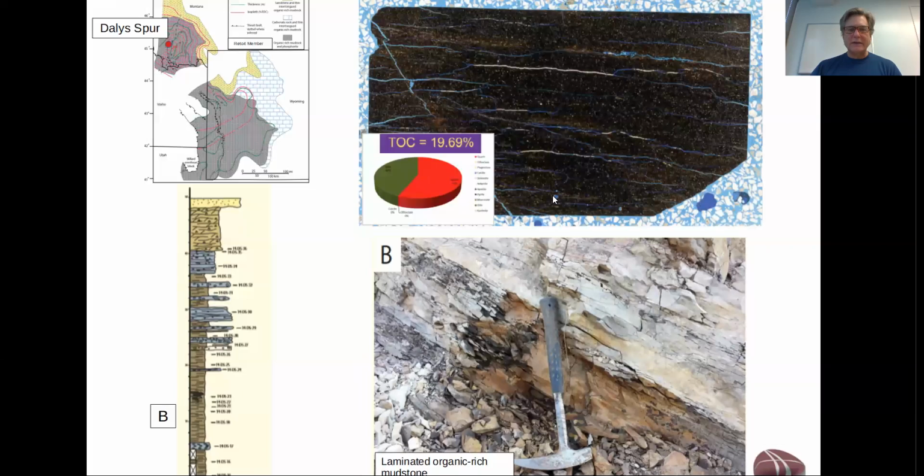All right, if we look at these in thin section, here's a thin section from the Daily Spur locality. Again, here's our measured section. Here's an outcrop photograph. And this thin section is, as you can see, quite fine grained, although if you look closely, you see a number of little white dots. And these white dots are clear grains of detrital angular silt